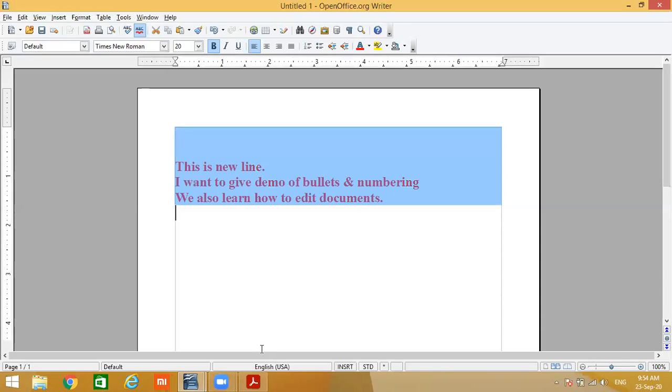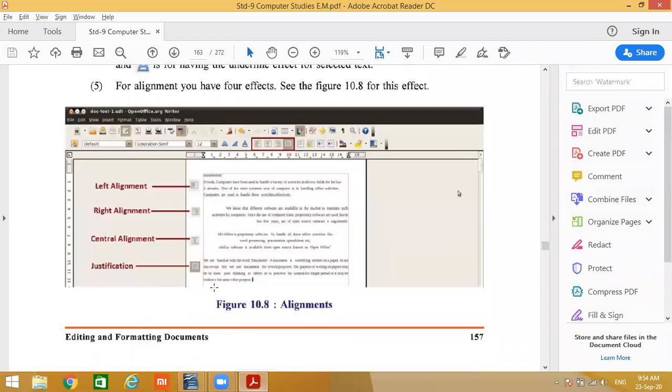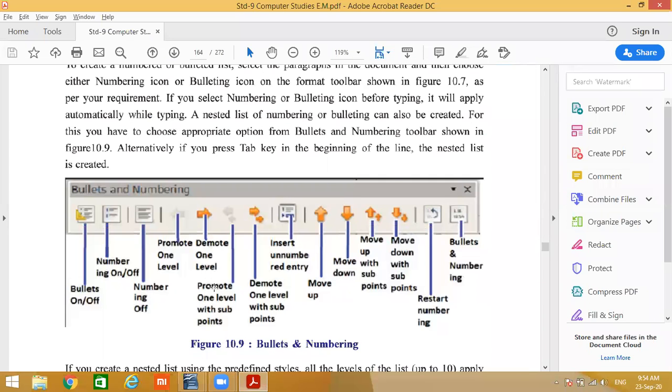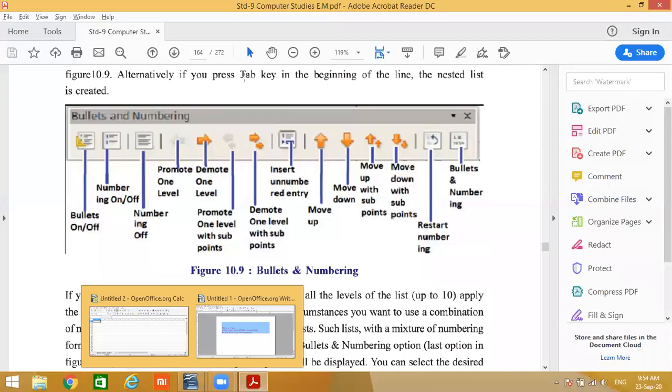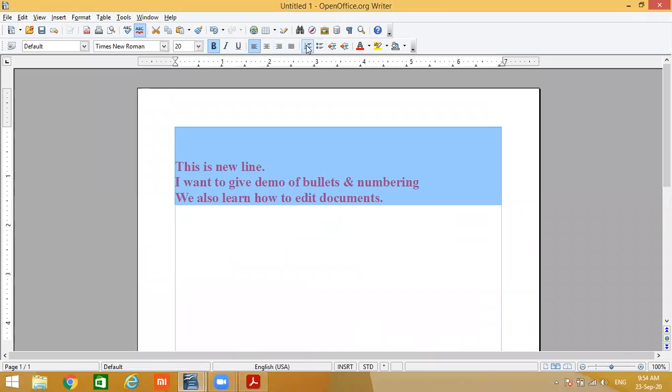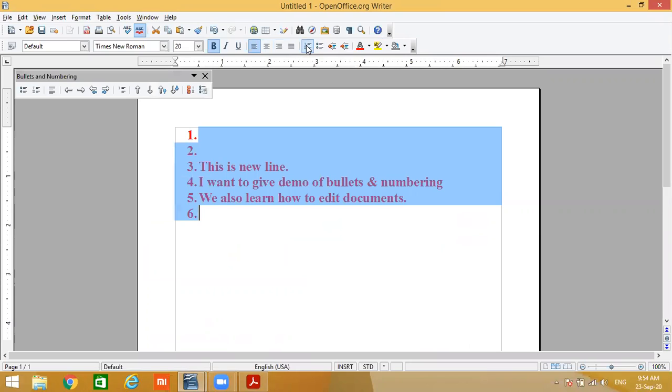Now I want to give numbers to this content. Just Control A. See, here are bullets. This is the formatting toolbar. In our textbook, they show us bullets and numbering. We can turn bullets on and off, numbering on and off, promote level. We are able to do all this here.